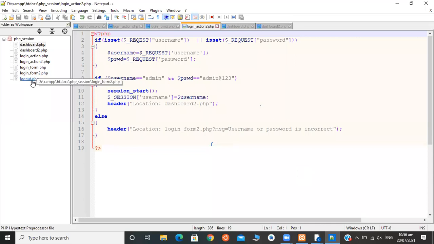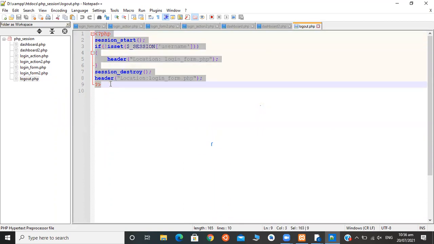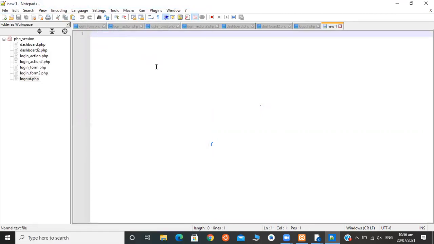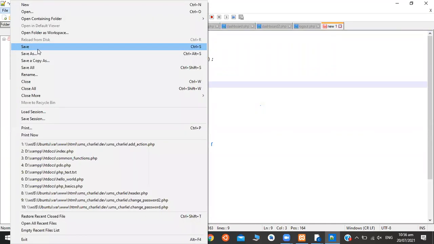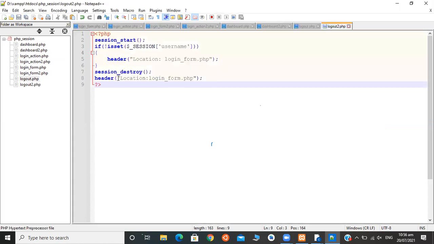Let's create logout 2.php. Save it. In logout 2.php we need to give login form 2, which we have created now.